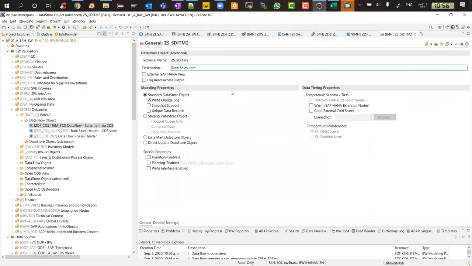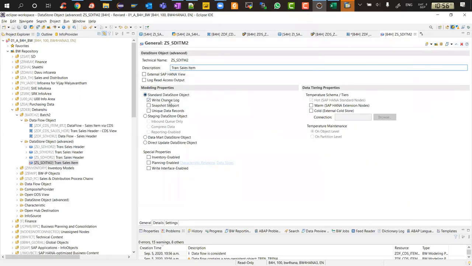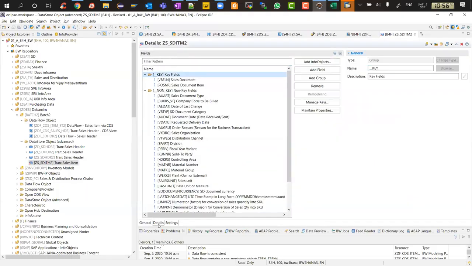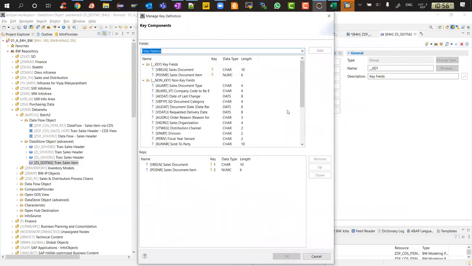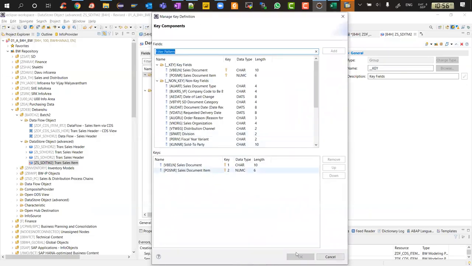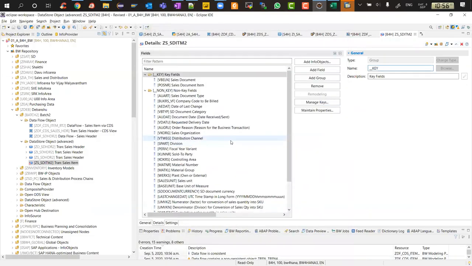Okay. So by default, it is showing me standard ADSO, right, change log, but I can change it to the staging ADSO as well, but let's keep it standard ADSO. That's fine. Then the details, see key fields automatically it took, but I have to manage the keys right now. So sales document and sales item automatically key has been taken here, and then